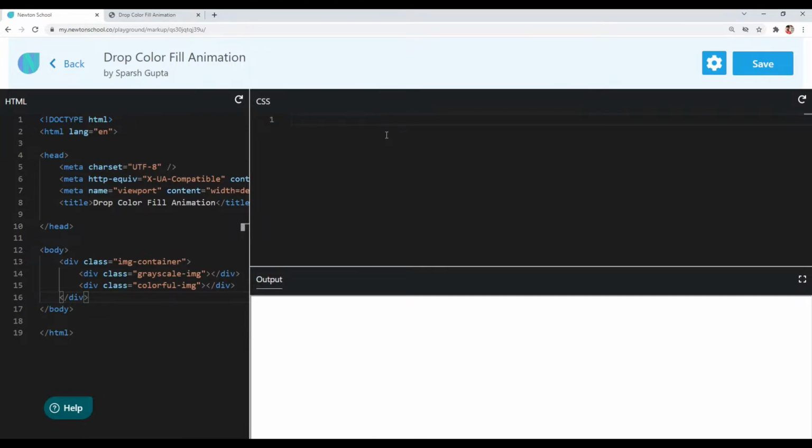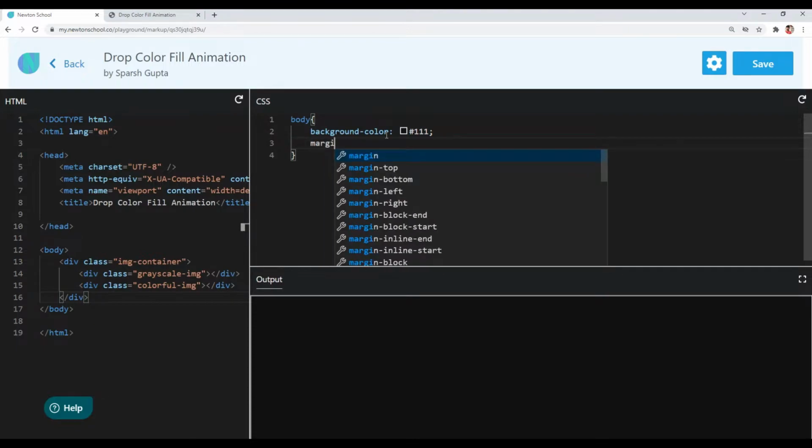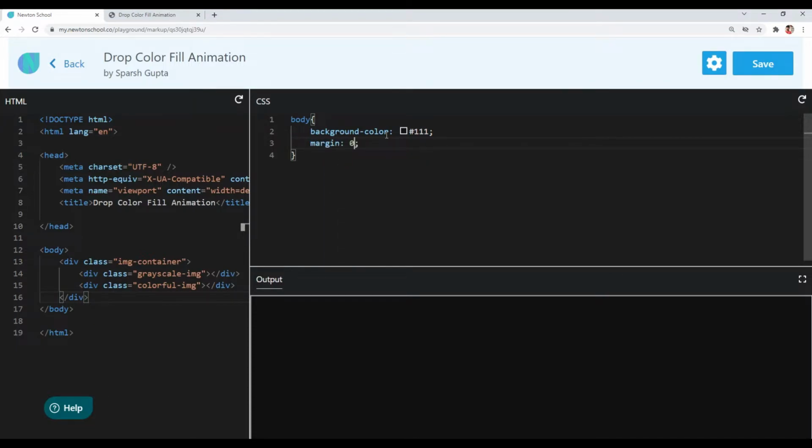First of all, I will target my body tag and give it a background color of #111, and let me also remove the default margin given by the browser, so I will reset the margin to 0. Now I want to center my image container within the body tag, so I will use the flex method.